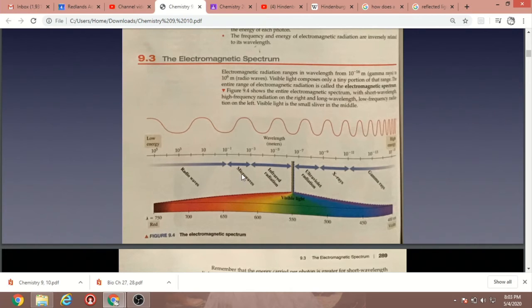Okay, now more energetic waves. Let's go to microwaves. Microwaves, not that harmful. They're long wavelengths, but low energy. Infrared radiation also has low energy. Visible light also doesn't really have a whole lot of energy. Not really dangerous. Now, when you get into UV radiation, which is still coming from the sun, that's actually kind of harmful. UV radiation can damage your DNA